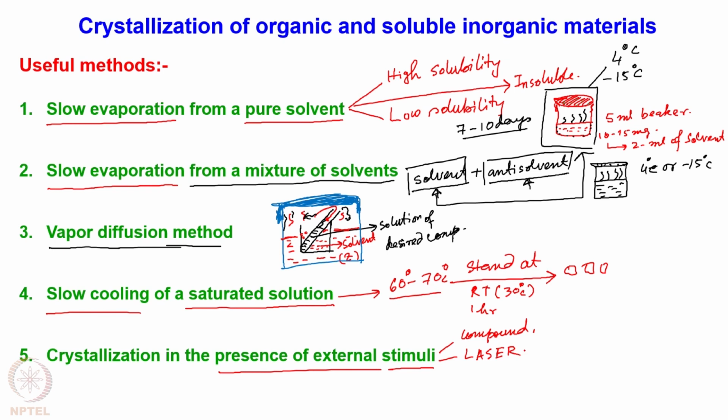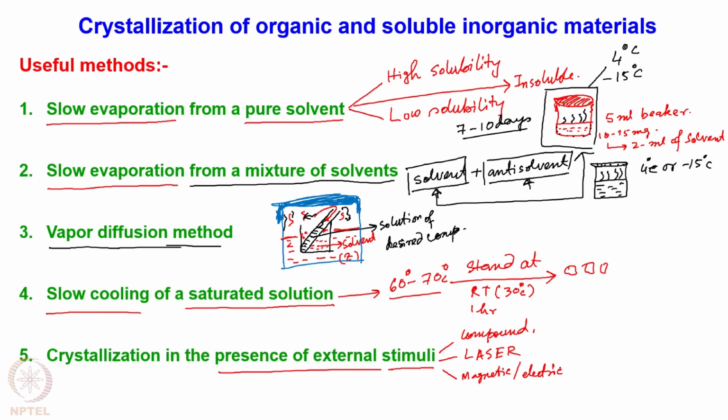Recently, there are reports where a solution which is being irradiated with a given laser of a particular wavelength generates a local heating, and on withdrawal of that local heating, the crystal growth starts. Crystallization can happen in presence of some magnetic field or electric field. This type of crystallization is done in case of materials which are magnetic in nature or they have some electric dipole moments which get arranged in a very high electric or magnetic field,